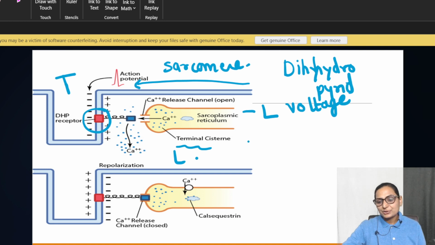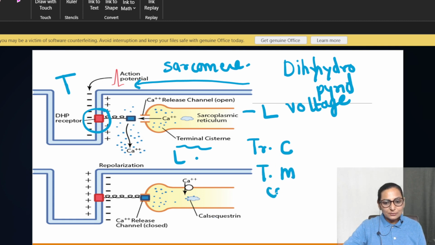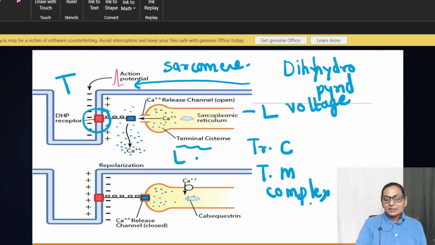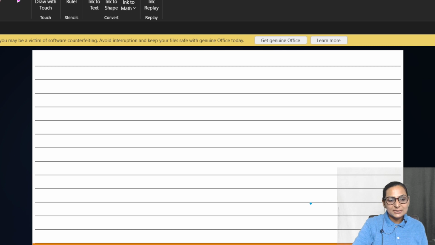Why do we want this calcium? This calcium will bind to troponin C, and the troponin tropomyosin complex will be dissociated, or shifted and displaced, so that the active sites of actin can bind with myosin to cause cross bridge activity. So ultimately what we wanted was